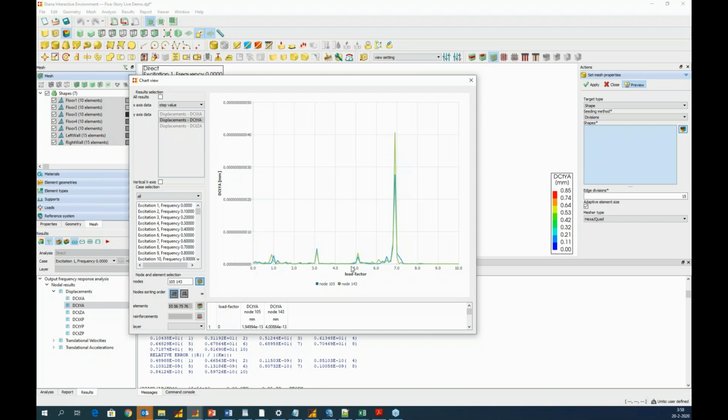We can also see some peaks that also correspond to the frequency of the mode dominated by the floor deformation, but the amplitude is very, very small, and it may vary from machine to machine. If you rerun the calculation on another machine, you may experience some differences due to this small amplitude.